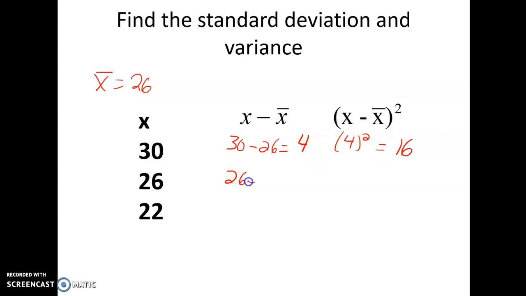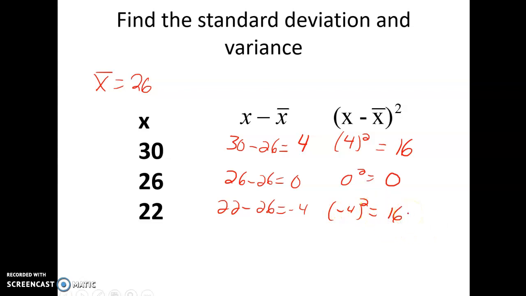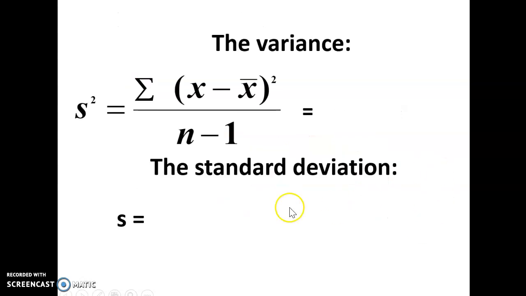So then we do 26 minus 26, and you get 0. What's 0 squared? And that's 0. And then you take 22 minus 26. It's negative 4. Make sure when you square it, notice I put parentheses around this. 16. Okay? So what we'll do next is add those up. I'm going to do that on this page. 16 plus 0 plus 16 is 32. So the variance is 32